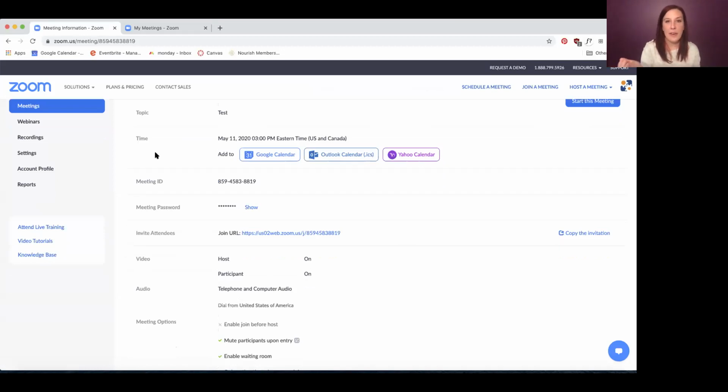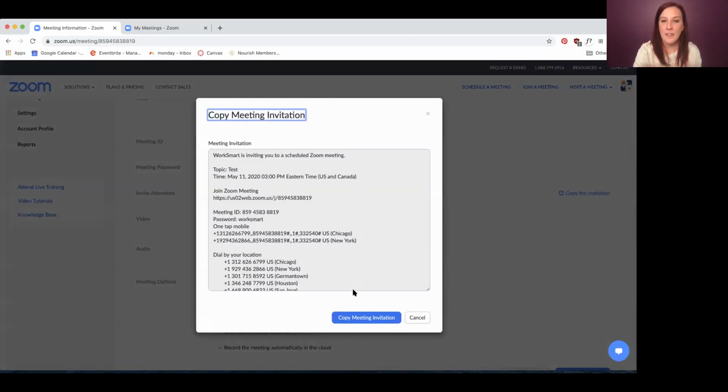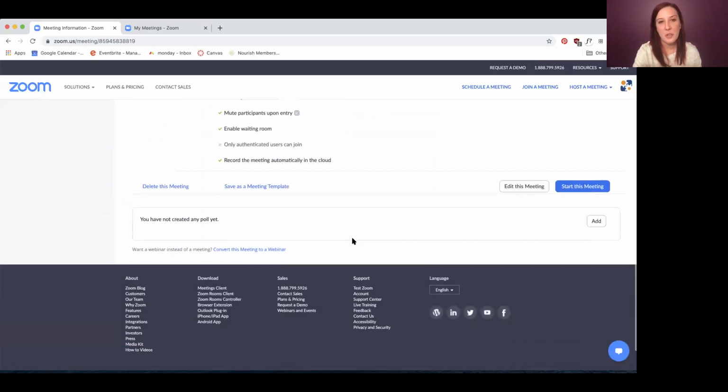And now here I have all of this stuff. If you're doing it on the web portal, it does not automatically populate into your personal calendar. If you're doing this on the desktop portal, we would have gotten a pop-up that would show us, okay, here's this thing just in your Outlook calendar, and it's amazing, and you can add people to the meeting right then and there and send the invitation out. Here on the web portal, you have to copy the invitation, just like this. It is now copied to my clipboard, and then take it on over into Outlook.